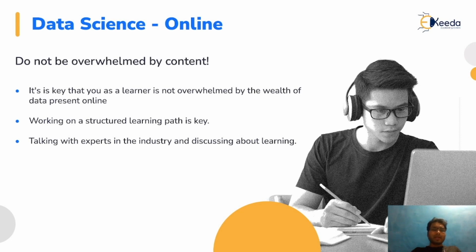There is content in this field, but you should see whether that content exactly helps you, because every person is unique. Whatever content is available online is not designed specifically for a person. That is not structured learning. Some content is available online, but it is not structured in such a way that you can start and go step by step. As we have seen the 11 steps previously, they are not present in such a structured manner that you can become a proficient and expert data scientist by following them.